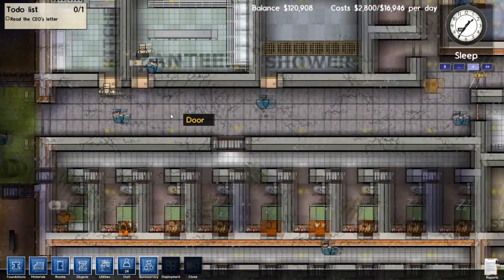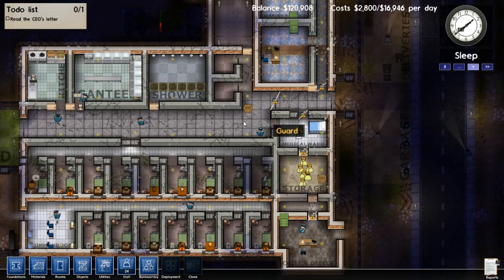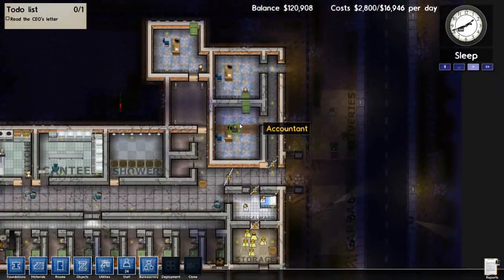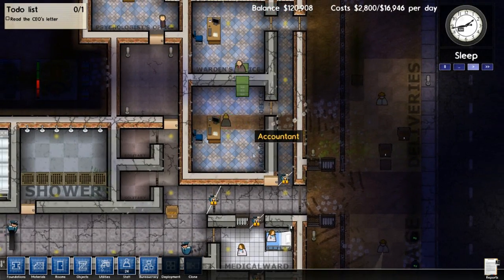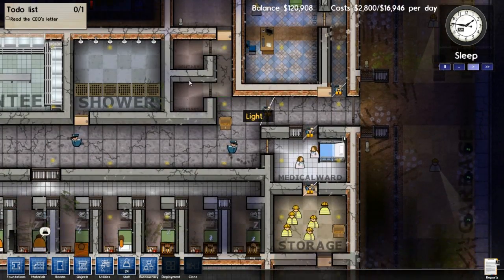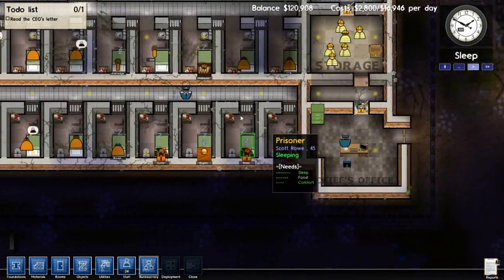But you can see I have a fairly smooth prison running right now. I haven't had any deaths, or I've had some mini riots, but nothing major. You can see here I have set up some offices. I have a warden office, an accountant's office, a psychologist. I have a couple solitary confinement cells, medical ward, storage, and then I have